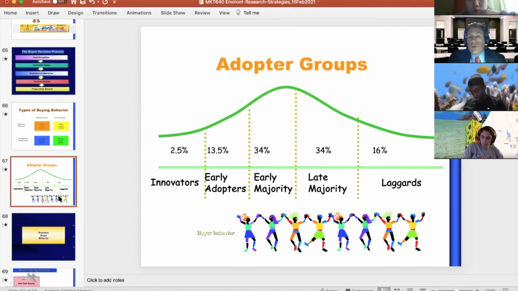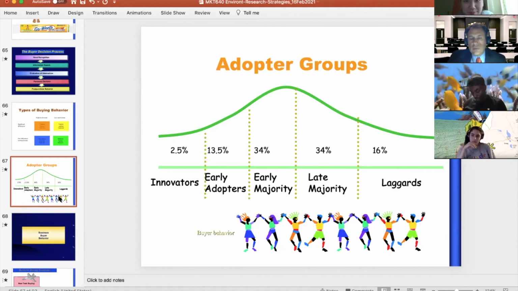And then the laggards is the last group, the people that are actually buying the product once it's sort of declining from the majority. So they're the people that are very skeptical about innovative products, and they only buy it once everyone has been buying this. So the percentages that you see here, 2.5, 13.5, are the official percentages that you see in every explanation of the adopter group categories.